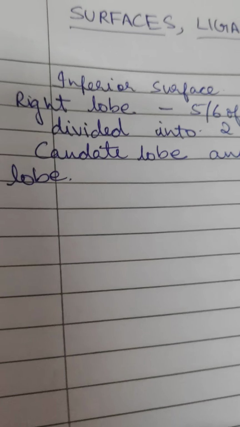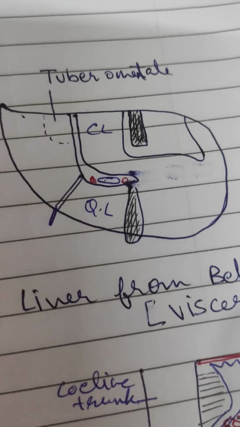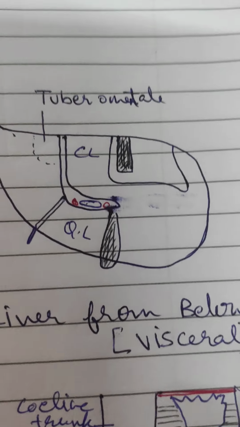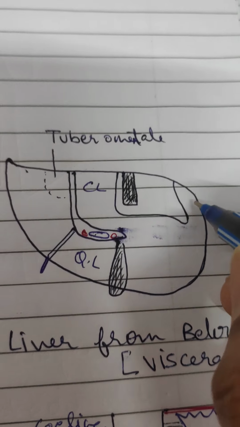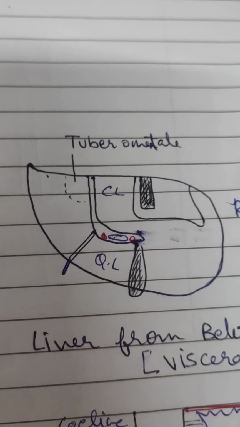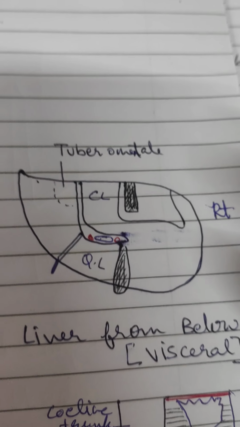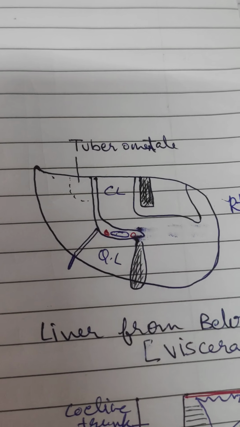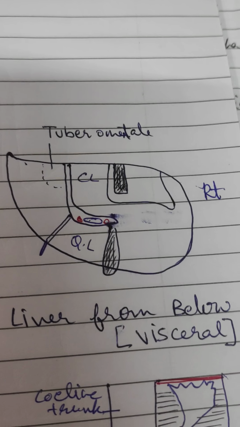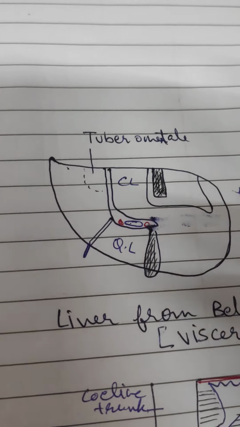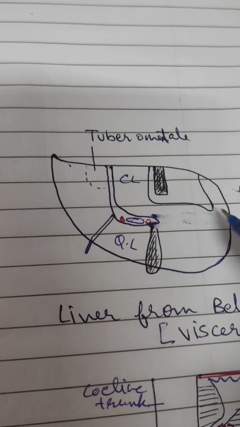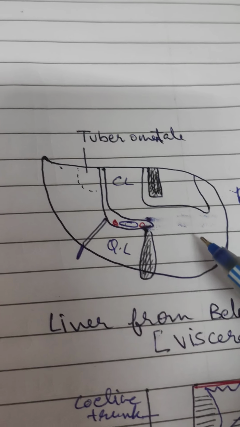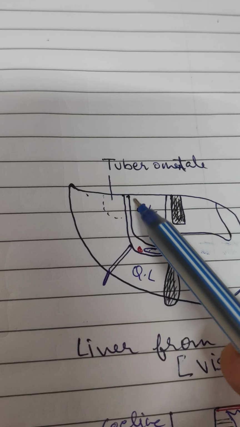Now, first of all, we'll try to concentrate on this diagram. This is the liver from below. Since we are seeing it from below, this is the right side. We have just turned the liver, so the right side, which was on the opposite side, has become the left side, and the left side has gone to the right side. Okay. So we can see this is the inferior surface of liver, that is the visceral surface, and this is